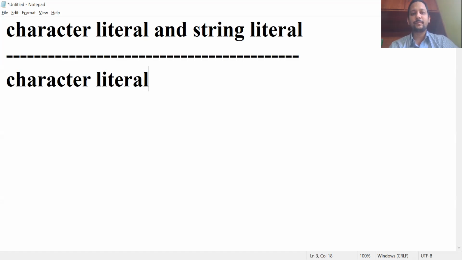See, character literal means only one character.